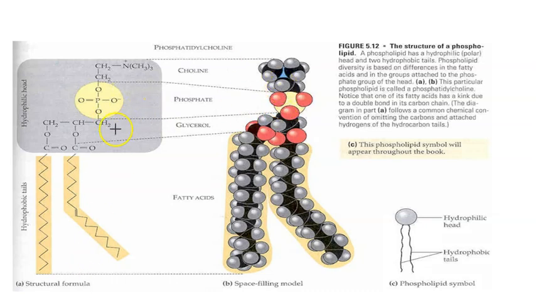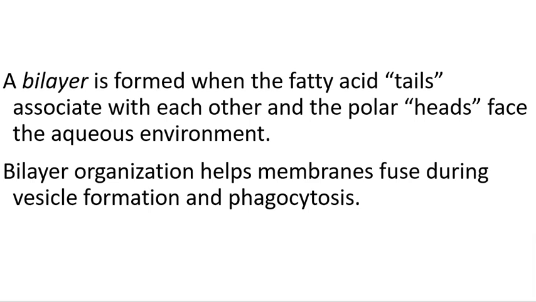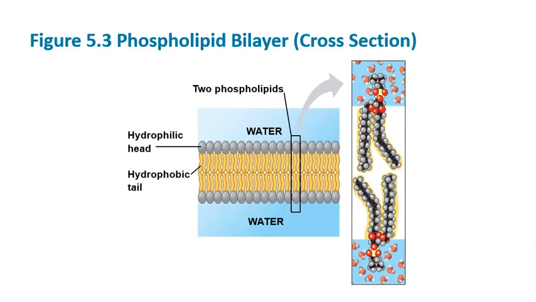You see the charges. These do have partial charges here because the oxygen steals more of the electron. Okay? And so right here, those have partial charge. So you have a hydrophilic head, which means it's polar, and hydrophobic tails, the phospholipid bilayer. The tails associate with each other because the hydrophobic parts want to stick together. So here's your sandwich in the middle, with the hydrophilic heads facing the water inside the cell